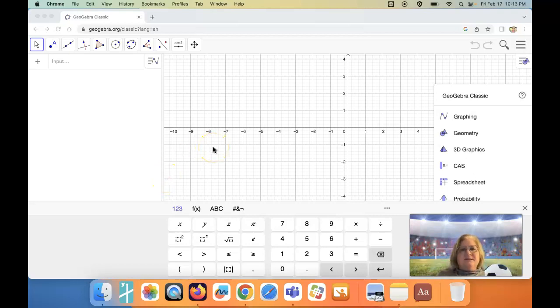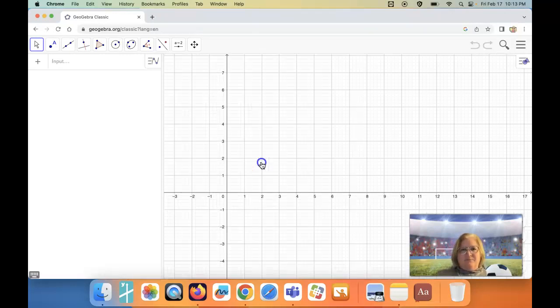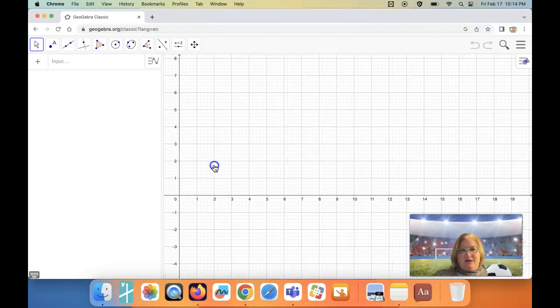You need to go into self-service and download GeoGebra Classic from your self-service apps. This is a basic on how to use it, which is all that you really need to do for this assignment. So I only want to be concerned about quadrant 1. So I'm going to click and move my screen over so that I can just be concerned about quadrant 1,